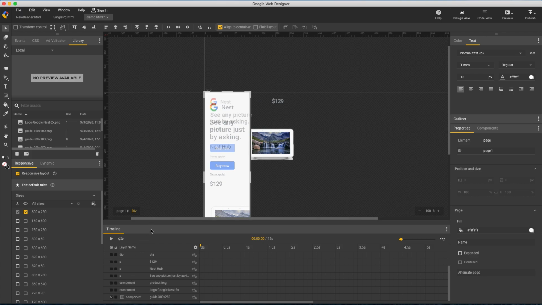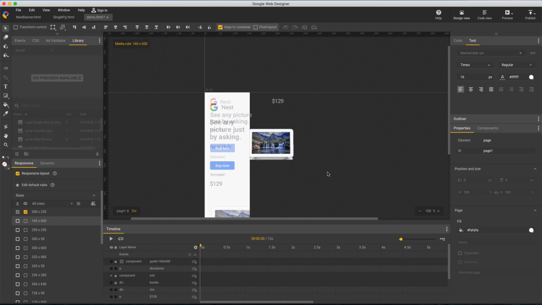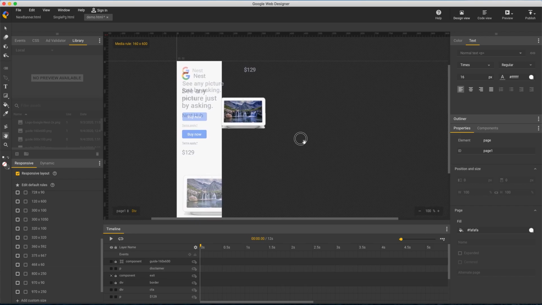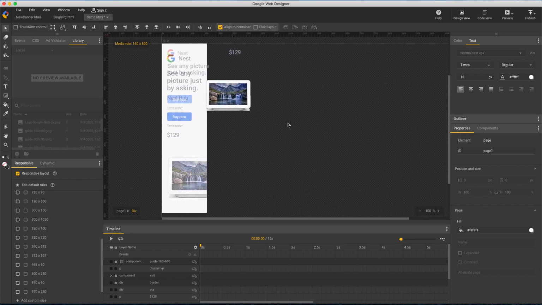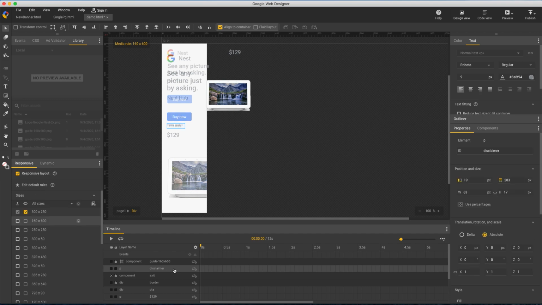Now the very important step of switching back to size rules before making any adjustments. Anything edited now applies to this one size only. And now it's a simple matter of adjusting all these elements. I'll move down my layers list starting with the disclaimer and nudge it into position using the arrow keys. The CTA,